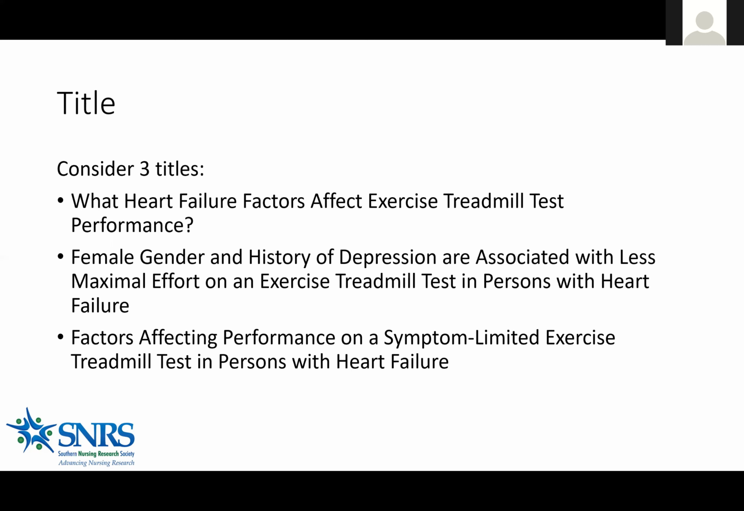So the third one is actually the one I went with in my abstract: factors affecting performance on a symptom-limited exercise treadmill test in persons with heart failure. So it might not be perfect. I think it's better than just asking a question about factors because it gives you a little bit more information that it's a symptom-limited exercise treadmill test, but it's not quite as long as the second one that's very descriptive and tells you the conclusions, but then it's really kind of a mouthful. So a lot of this is just what sounds good to you and what your collaborators think is a good descriptive title that's not too long but still